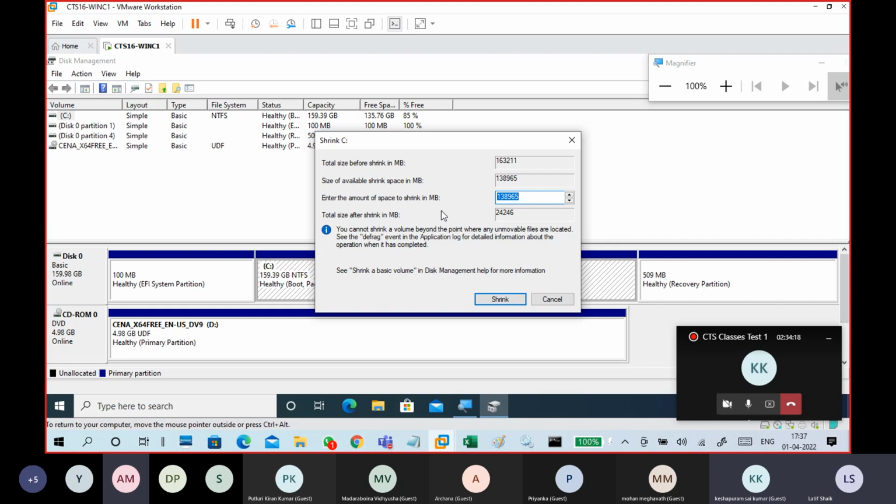Okay, so it is trying to show you. Everything, around 134, 135 GB free space. It is in MBs, guys, so be careful when you give the amount. Like, I put 100 GB. So 100 GB means